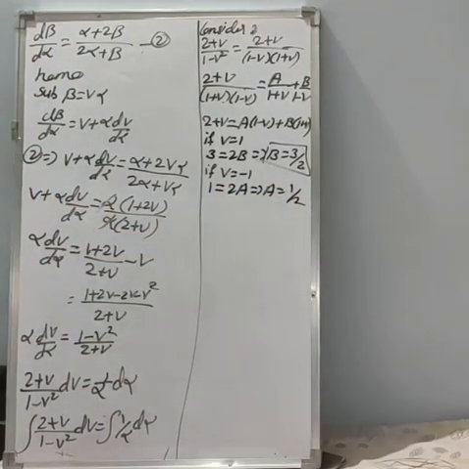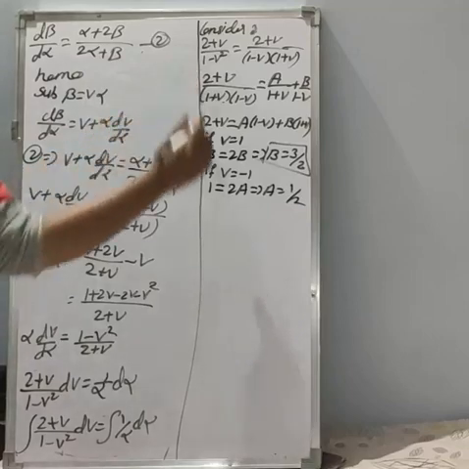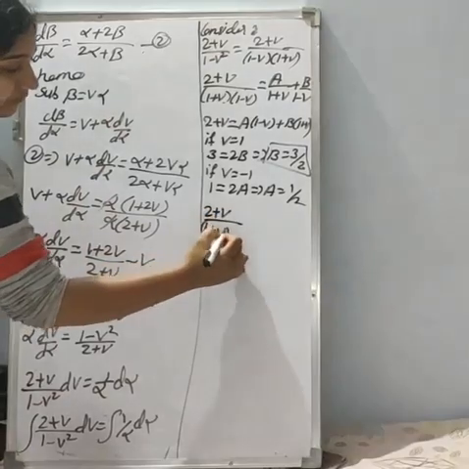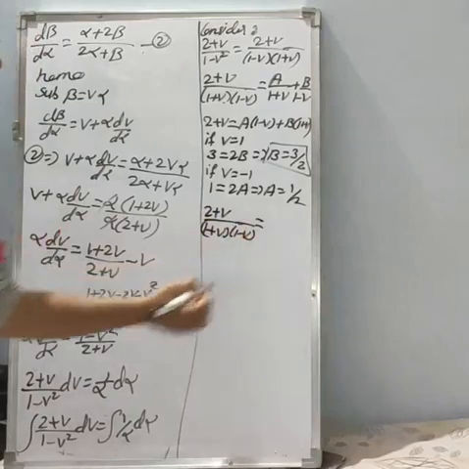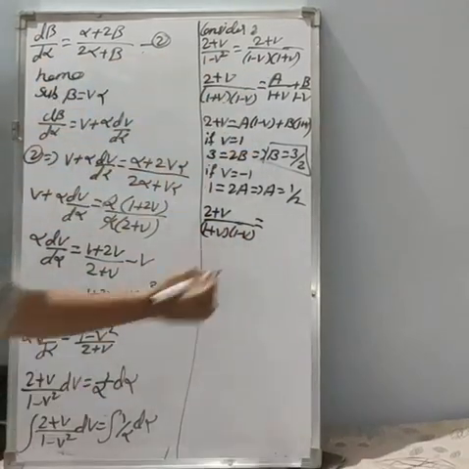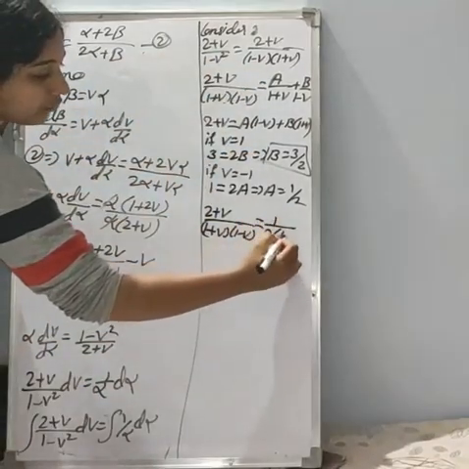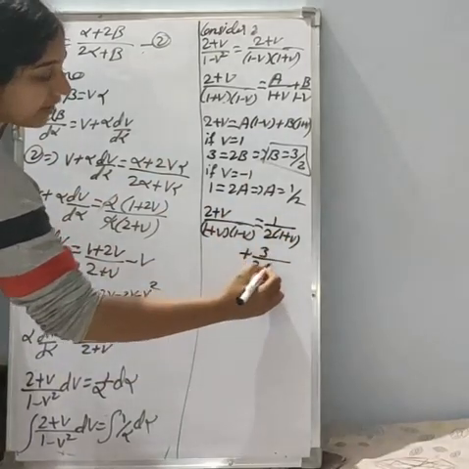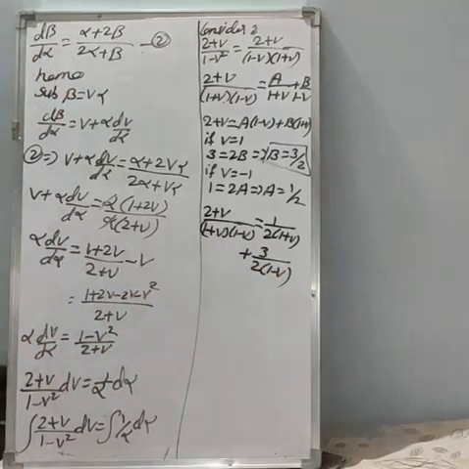Okay. I think we studied the partial fraction details at the PUC level. So this is the method to separate the LCM using the partial fraction. So the value of 2 plus v divided by 1 plus v, 1 minus v is equal to, a value is 1 by 2. So we will get 1 divided by 2 into 1 plus v, plus b value is 3 by 2, 3 divided by 2 into 1 minus v.